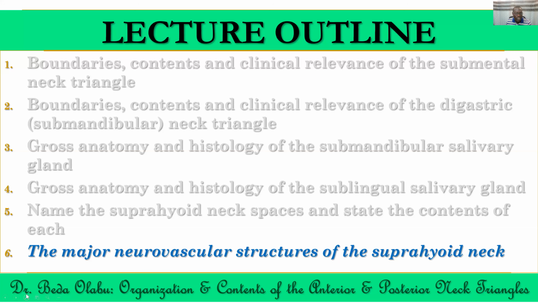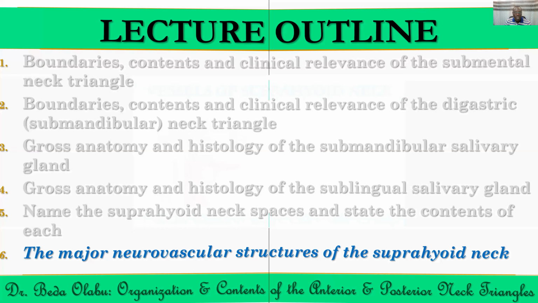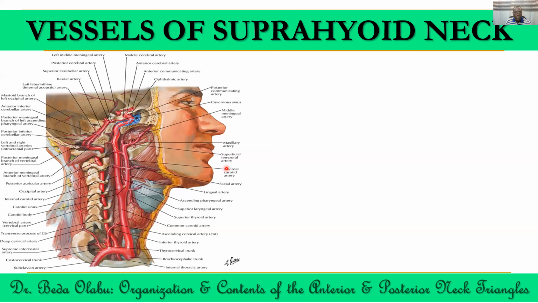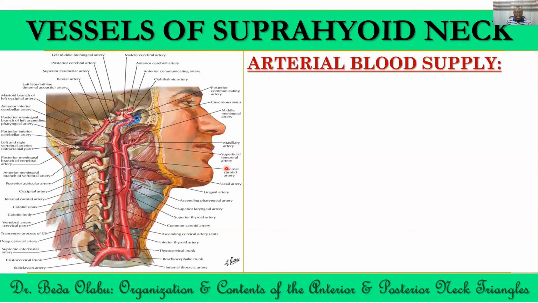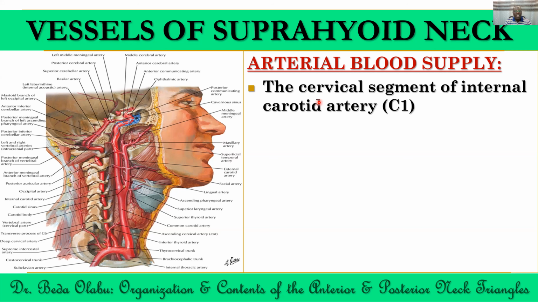Having said that, we can now look at the last agenda, which talks about the major neurovascular structures of the suprahyoid neck. We can start with the vessels. The vessels will start with the arteries. So the arteries in the suprahyoid neck are the internal carotid artery, which does not give us any branch in the neck. But it's important to remember